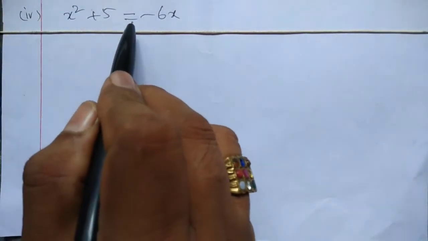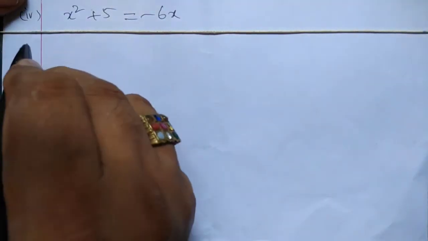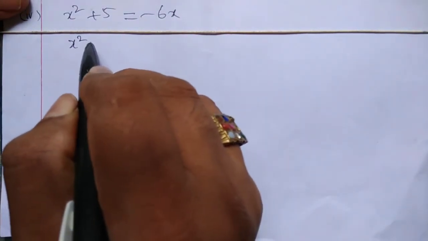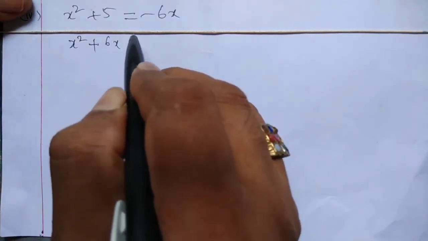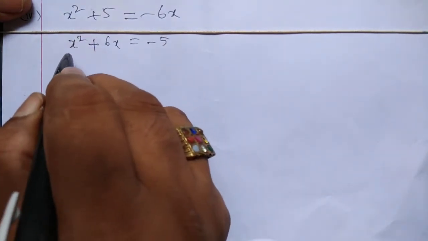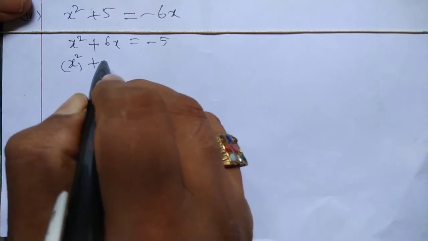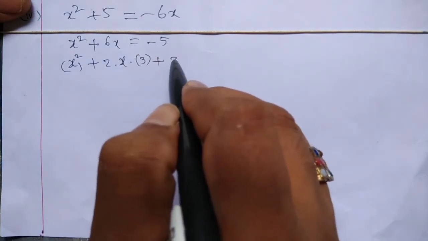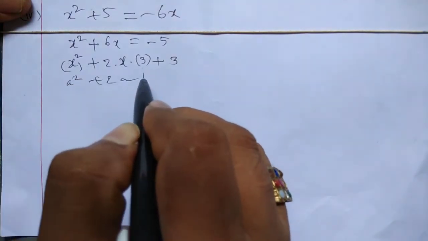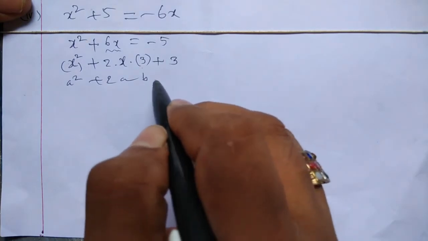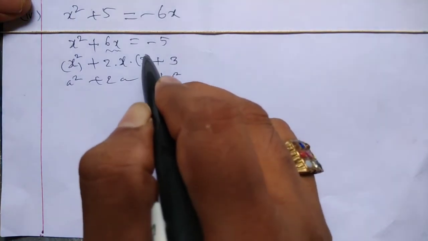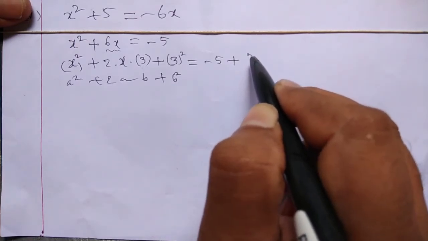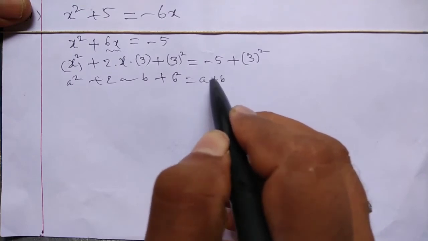Fourth problem, x square plus 5 is equal to minus 6x. Solution: x square, we have to shift this from right to left, plus 6x is equal to minus 5. x square, x whole square, 2 into x into 3, 2ab, but there is no b square, that's why we have to add this. a square plus 2ab satisfies this middle term but there is no b square term, so b is equal to 3, we have to add 3 square on both sides, minus 5 plus 3 square, a plus b whole square,